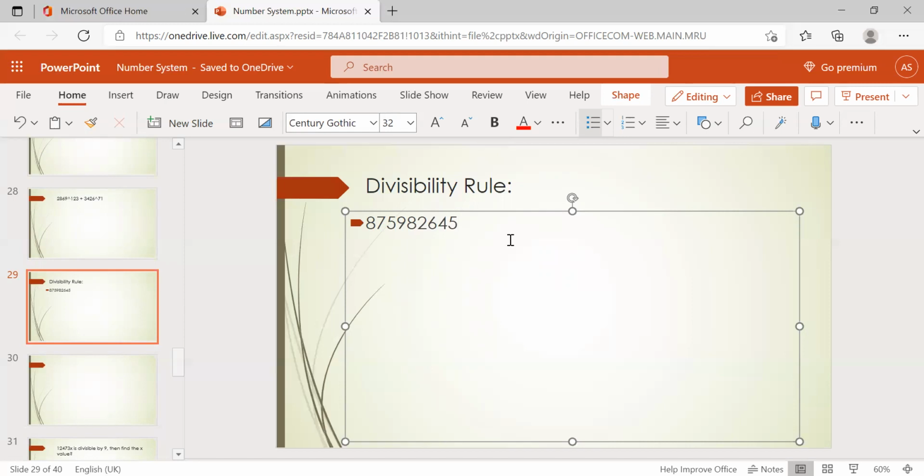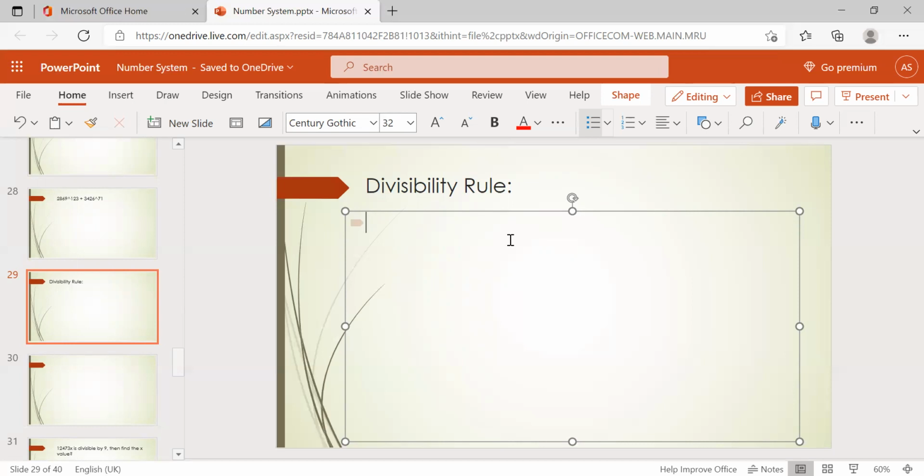I may not know everything, but if the last digit is 5, I can say it is divisible by 5. If the last digit is 4, it is definitely divisible by 2, right? If the last digit is 6, also definitely by 2. But if it is not 5 and not 9, how are we going to check this number? For every number, we have some rules. If you know those divisibility rules, then you can identify exactly which number it is divisible by.